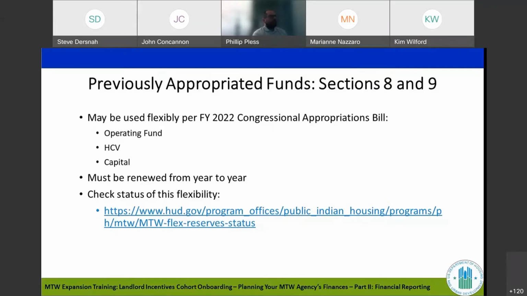So this is currently included in the annual appropriations bill process. We just recently got full year funding for fiscal year 2022 about a week ago, I believe. So through September 30th of 2022, you are able to use that previously appropriated reserves or